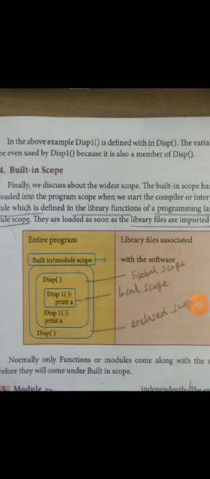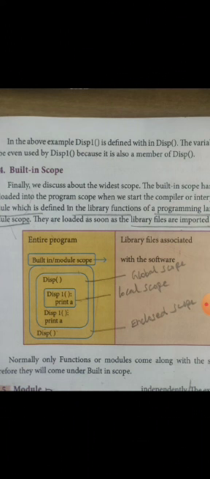After that box, that is the global. Then next, the enclosing box is there, below the top, and below the bottom display is there. So this is the enclosed function. In this example, display 1 is defined within display, that is, in the enclosed function. The variable a defined in the display function can even be used by the display 1 function because it is also a member of the display function.